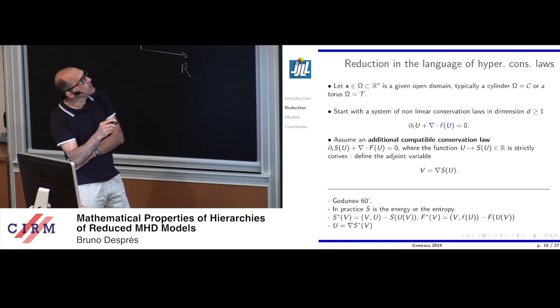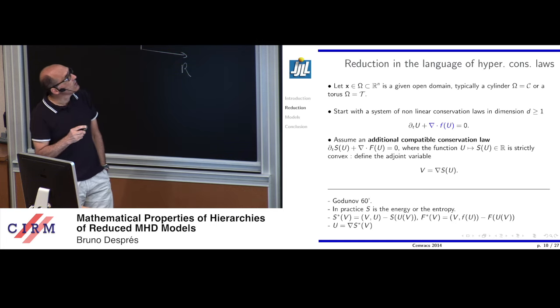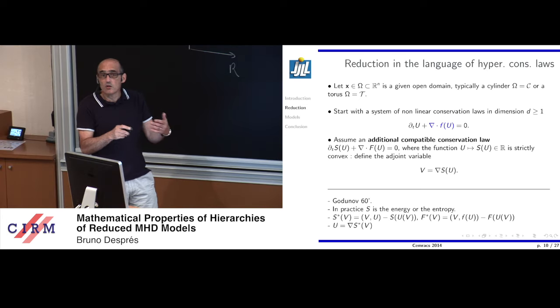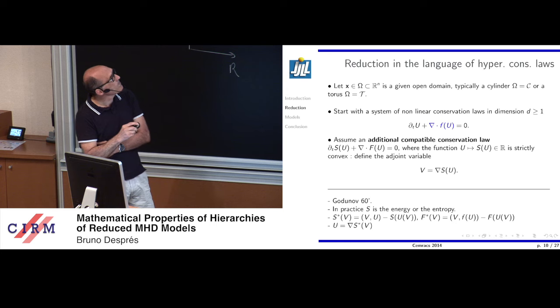In the theory of hyperbolic conservation laws, people know that a very important discussion is the closure relation, which is named entropy in the theory, but which can be the energy. It depends. Most of the time it is the energy for the physics. For MHD it is the energy. And it is very important to know that if there is one closure relation, you have access to the structure of the math of such things.